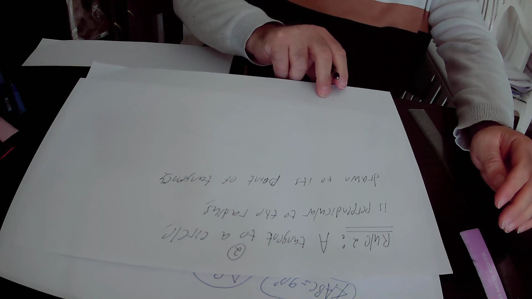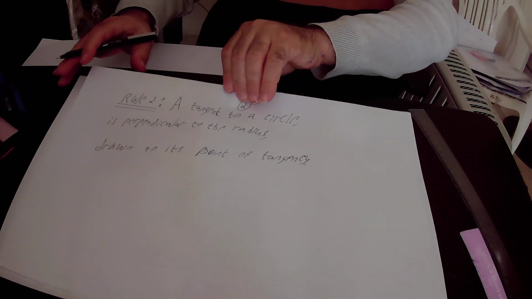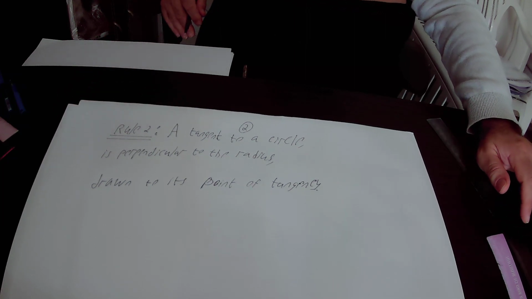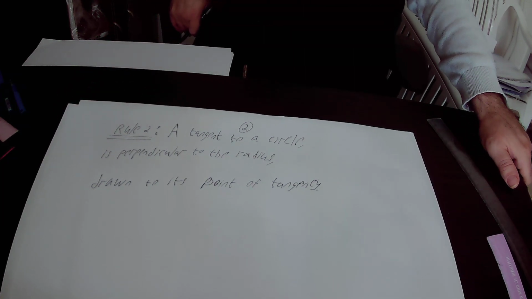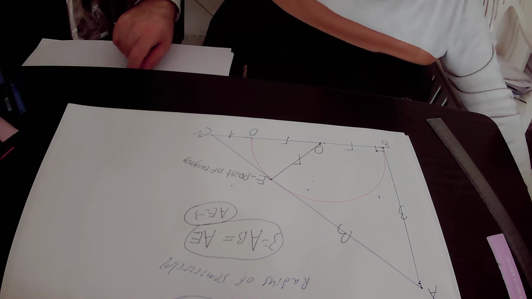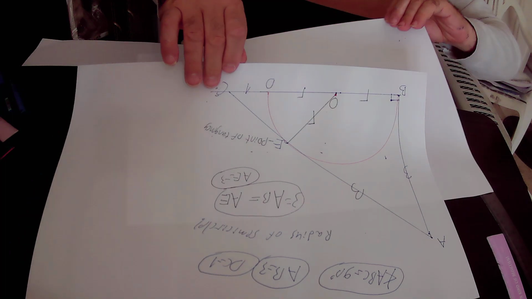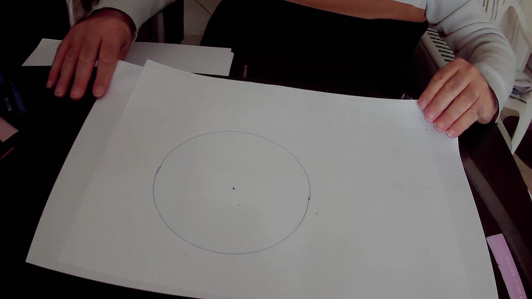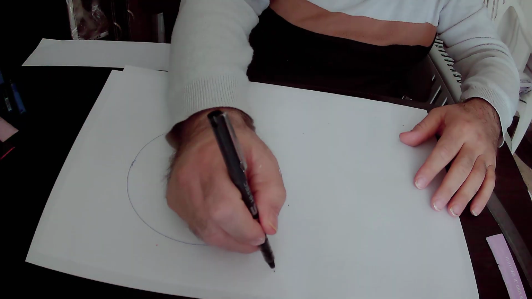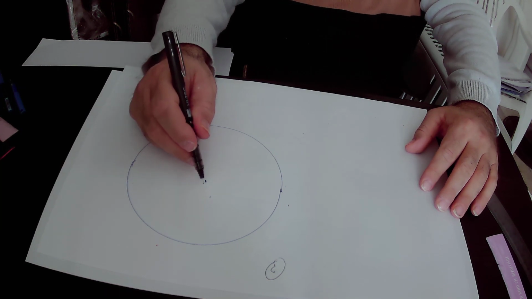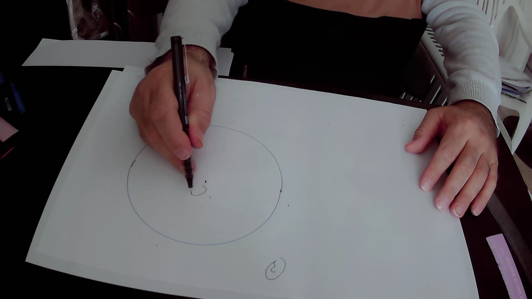So I will read rule number 2 again. Rule number 2 states that a tangent to a circle is perpendicular to the radius drawn to its point of tangency. So what is the meaning of rule number 2? The meaning of rule number 2 is that if you have this circle, this blue circle, and the center of this blue circle is at this point, we'll define the center of the circle as point O,